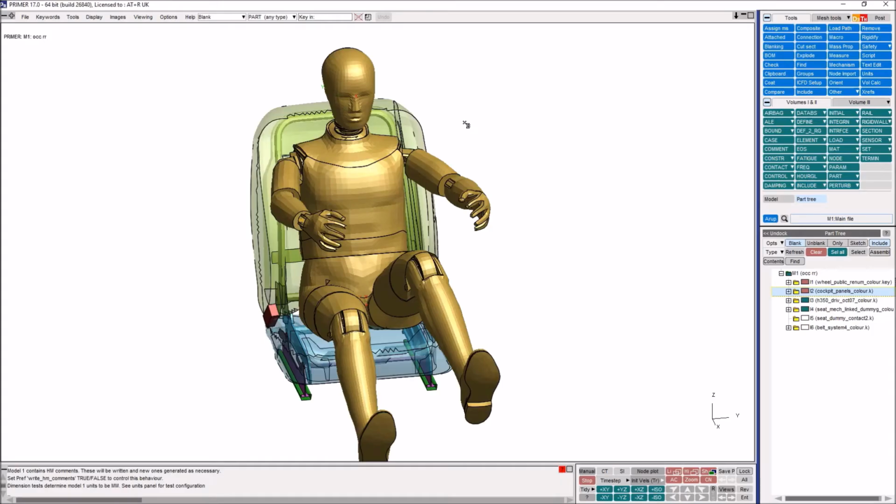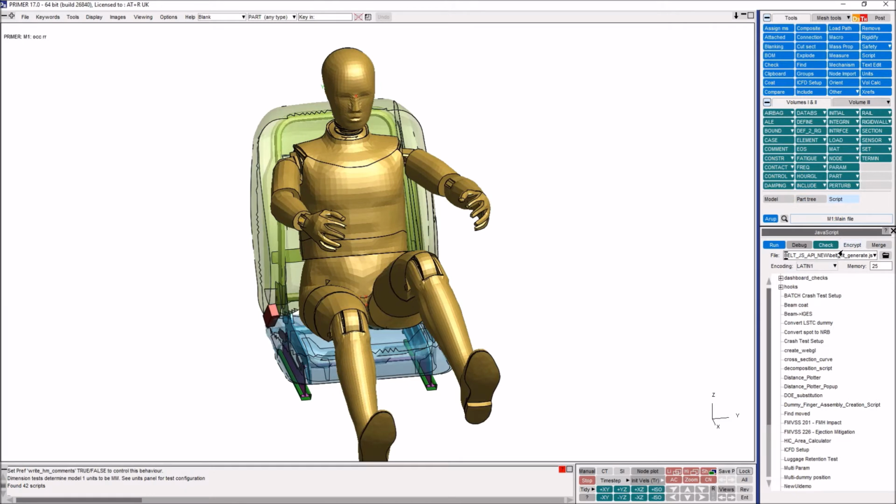So I'll just show you a demo of this. Okay, so here we have an example model. We have an occupant sitting in the seat, and we don't have a belt definition at the minute. So I'm going to go to script. I'm going to run a script called belt fit generate that we've created that will use these new JavaScript API hooks to create a belt definition, a belt path, fit it, and generate the mesh. So if I click run here,